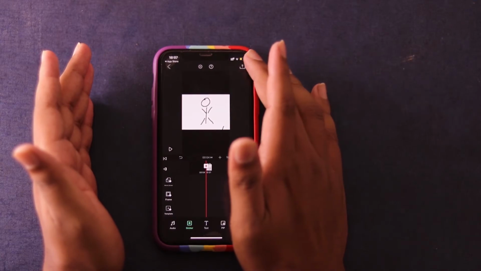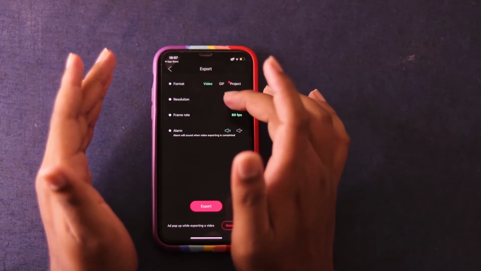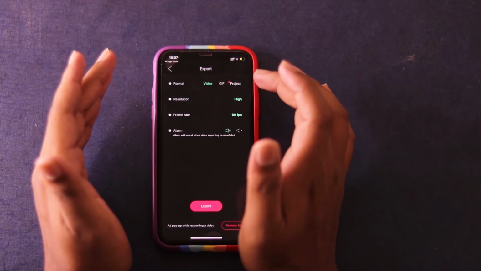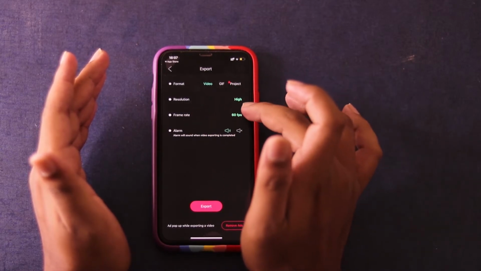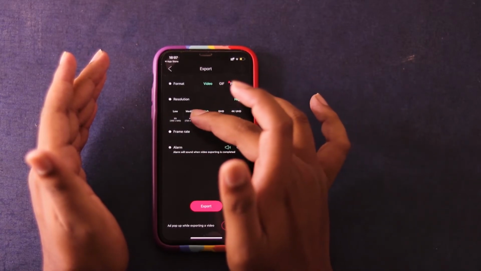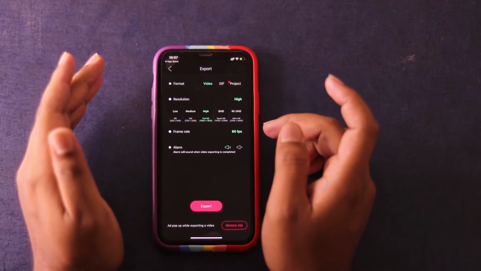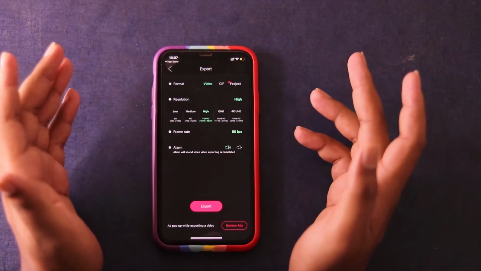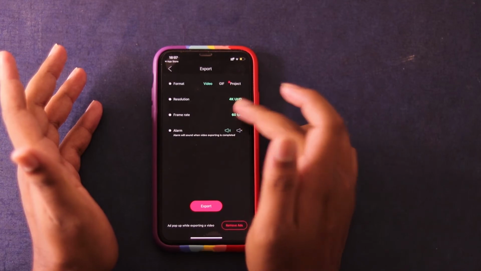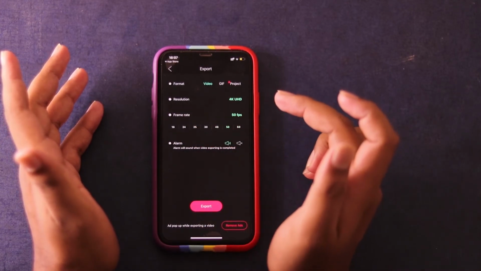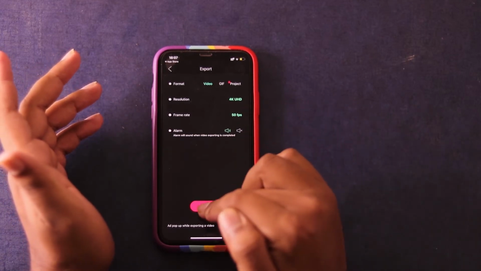And then once everything is done, you can just go to render, and then choose which format you want, video, GIF or project. So project is locked for the paid version, and then the resolution, and then the frame size. So here are various resolutions given depending upon the sizes. It has 4K as well, and which is free, it is not a paid thing. So you can render your video in 4K as well. And then you have FPS, it starts from 18 and goes up to 60. And then just click on export.